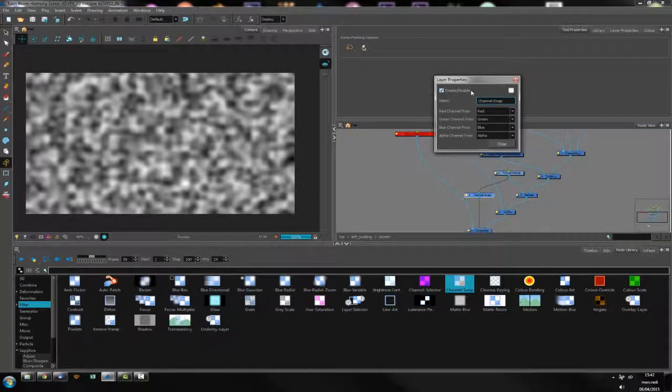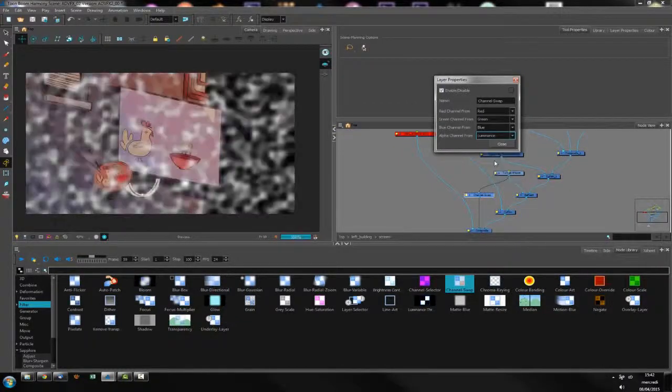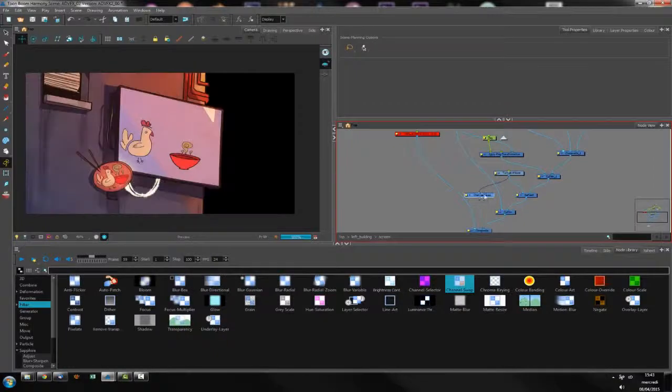In order to do that, I will use a filter which is called channel swap and plug it to my element here and go inside the channel swap. Here in the channel swap I can assign the alpha channel to be only the red, the green, the blue, for instance, or just like here, the luminance. So my alpha will be the luminant part of my element. If I see that, you see that the black disappears and my alpha channel is now the white part. So if I plug it now here,